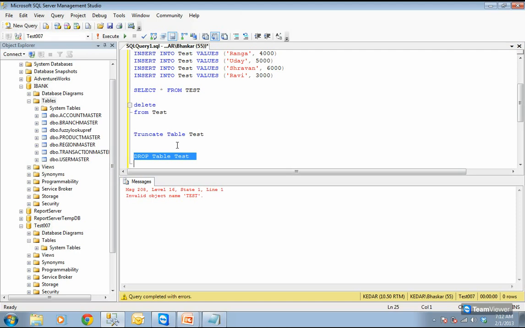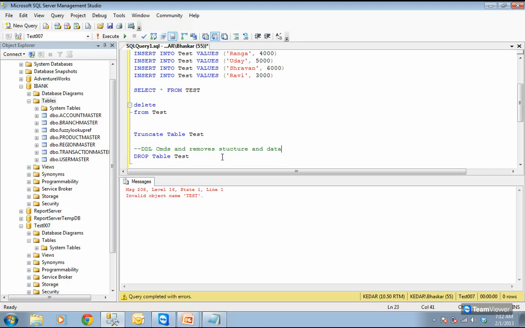But the problem with the drop is, if you don't need the table again, the structure you don't need, then use it. But normally if you don't need only the data, that's when you have to use delete or truncate. Okay. But the drop is, you don't need the structure at all. Forget about the data, because when you remove the structure, the data also goes. Okay. So drop is also which command? Drop is also a DDL command. It removes the structure also. It is a DDL command. Removes what? Both of them will be removed.